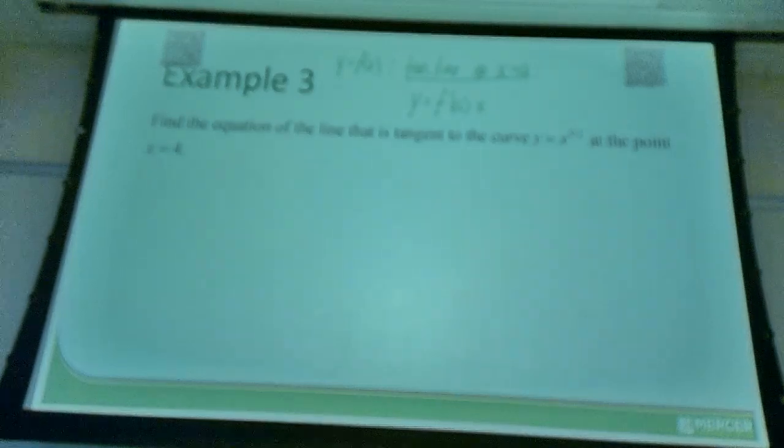So I do agree there's a plus f of a. But there's still one more term. Dot x minus a. Well, that's for point slope form. I expanded the